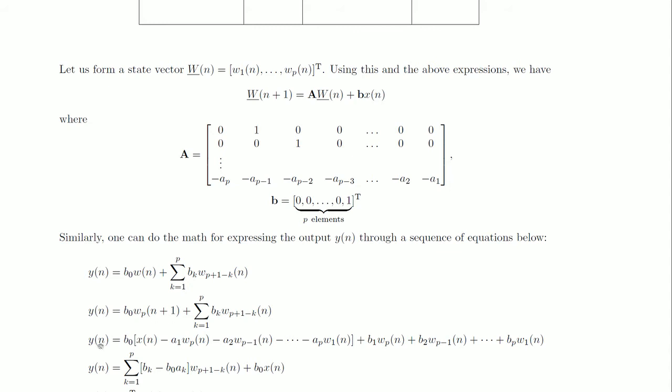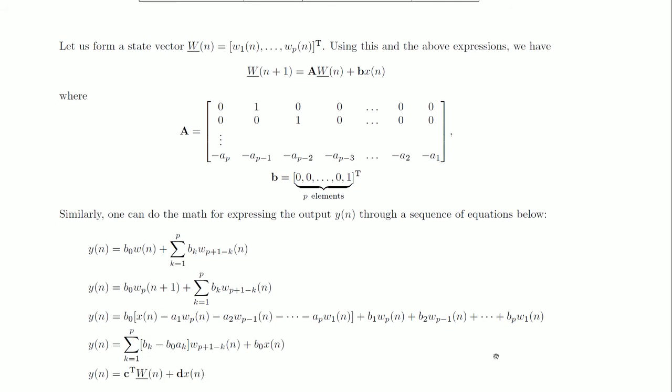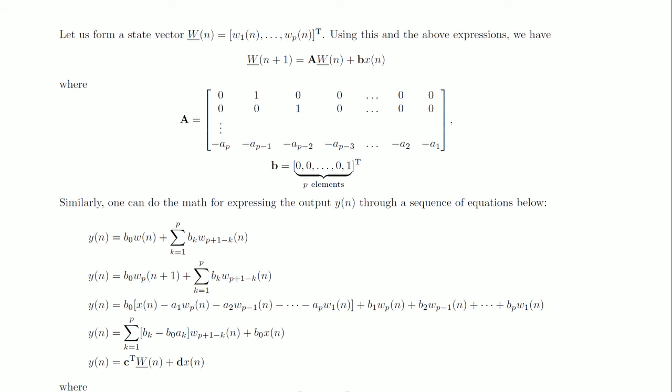So, we now have expanded y(n) in terms of your coefficients b_i, then x(n), then your other coefficients which are a_i's, and writing it in a compact form, we have y(n) is basically summation k equals 1 to p of (b_k minus b0 a_k) times W_{p+1-k}(n) plus b0 x(n). So, this is this equation. Now, b0 x(n) is a scalar, and if you think about the summation,